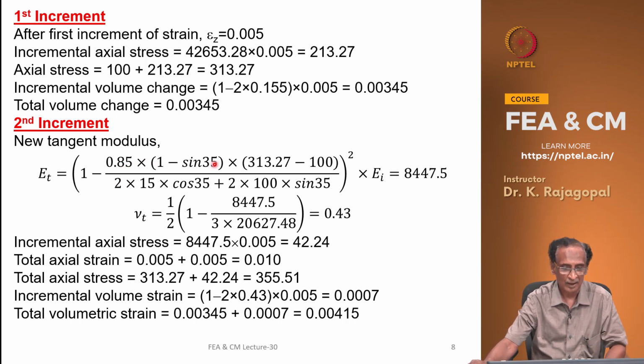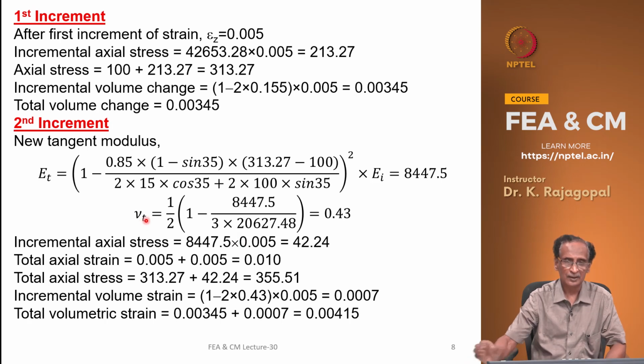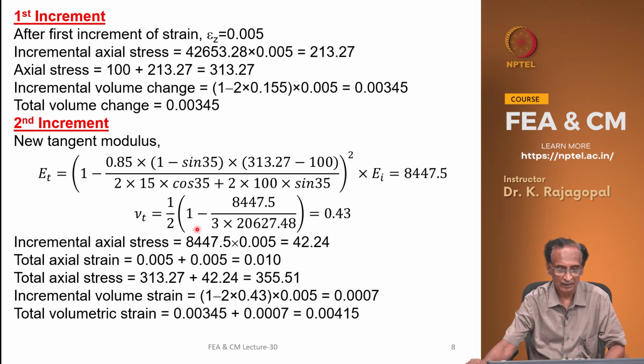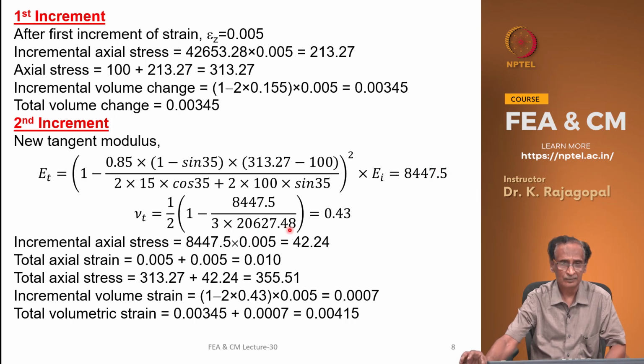So, the ET is 1 minus RF (0.85) times (1 minus sin phi) times (sigma 1 minus sigma 3) divided by (2c cosine phi plus 2 sigma 3 sin phi), this whole thing squared, multiplied by EI, that comes to 8447.5, and immediately we calculate the tangent Poisson's ratio based on this, and then the Kb value, and this Poisson's ratio comes to 0.43,